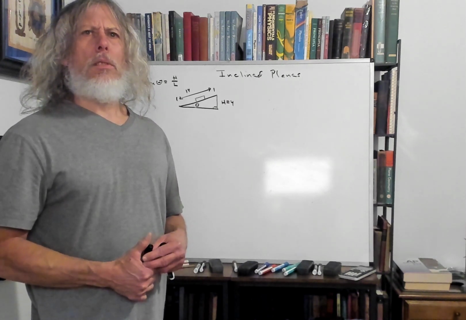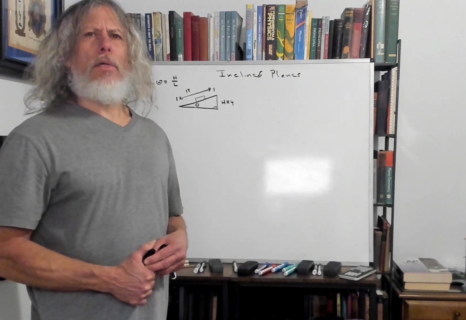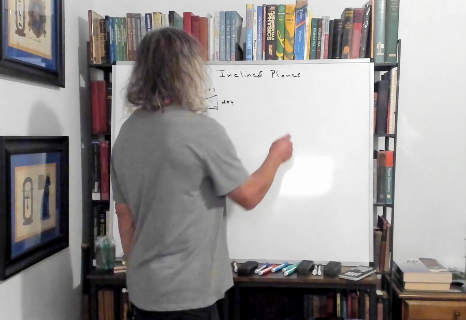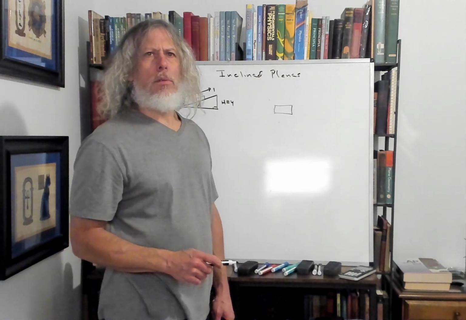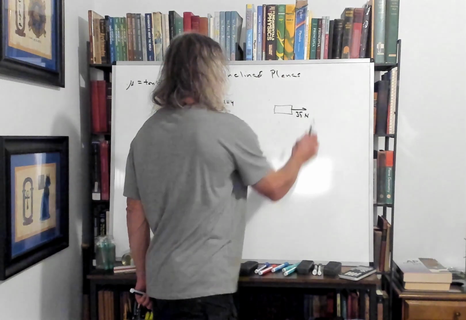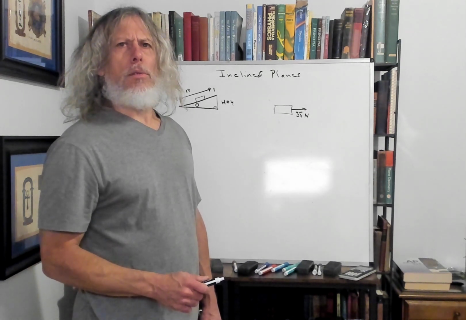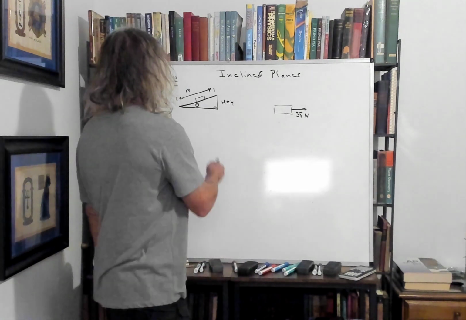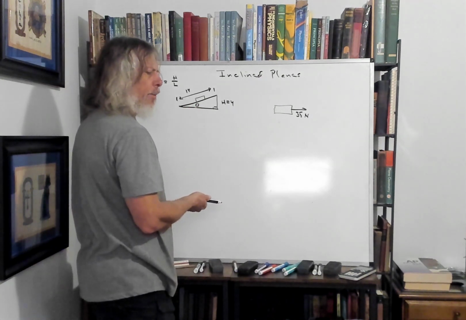So here, let's see, we've got more than just gravity, so we've got something pulling it up as well. In this case, if we draw the free body diagram, we have a force of 35 newtons to make it go upward, and then it weighs 100 newtons. And so a force of 35 newtons parallel to the plane. The 100 newtons, the component downward,